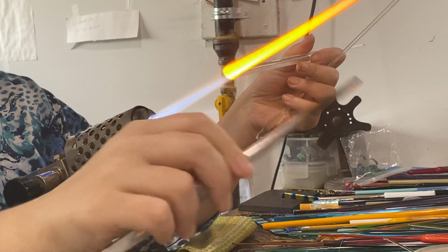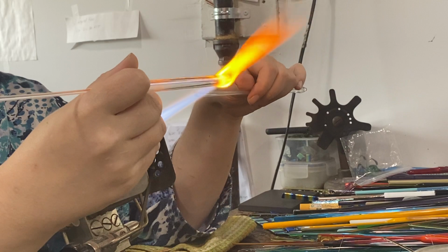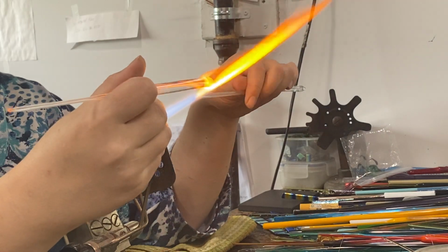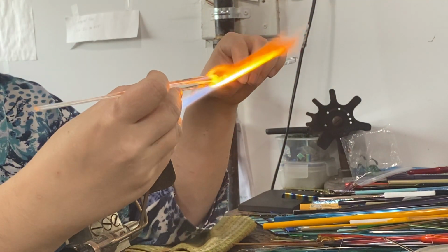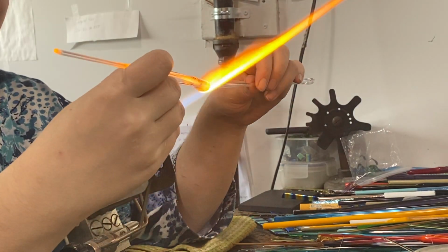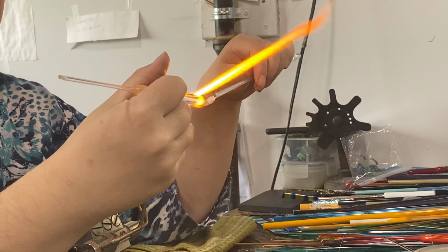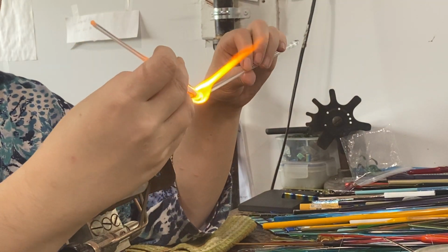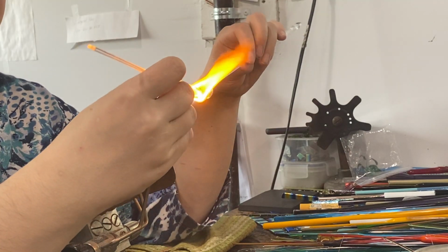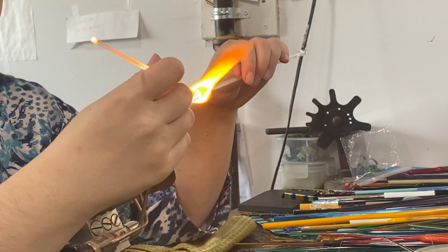I'm getting rid of everything that might be foamy on the tip. That happens, and it's best not to leave it on there because it tends to grow when you work it. It's easier when there's foam already, that it tends to add more foam on that position. So I try to avoid foam anyway, because it creates stress in the glass, and it sometimes leads to breakage, and of course it looks ugly. So you want to have a nice clear